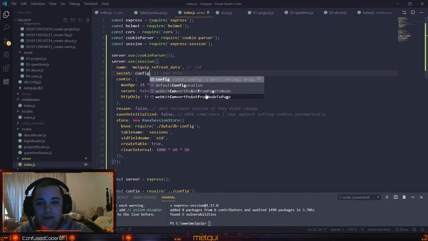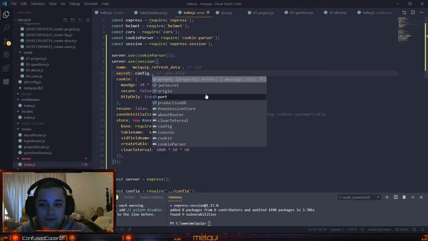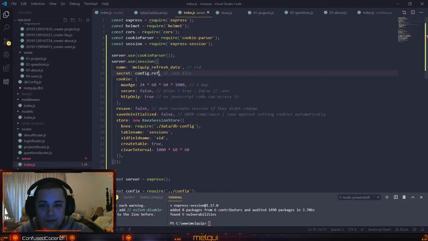This is gonna need a configuration value. Refresh cookie secret value. Okay, it's gonna the cookie